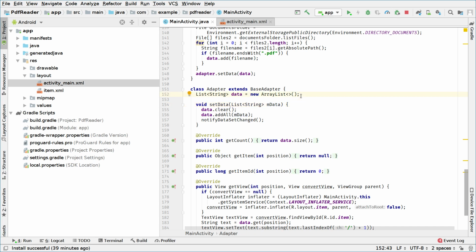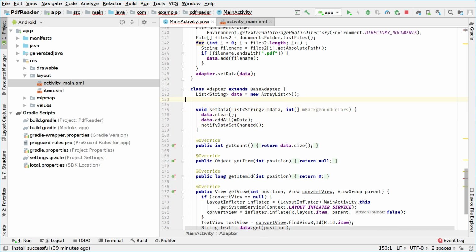Okay, so I'll pass them as follows: comma, int array mBackgroundColors. Okay, and so when I pass this, I have to copy those colors into an external array